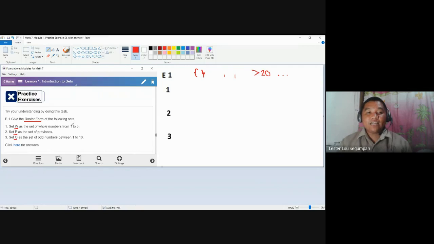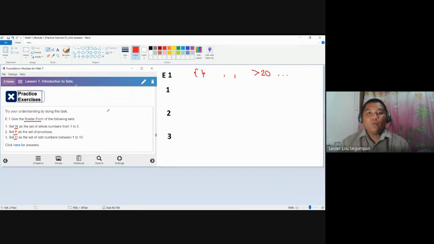So let's start writing roster forms of items 1, 2, and 3. Roster form, from the name itself, let's just consider a team roster. If you are an athlete, just like me, I am a basketball coach of our school. When I am asked to write the team roster, I'm going to list everyone in that list.